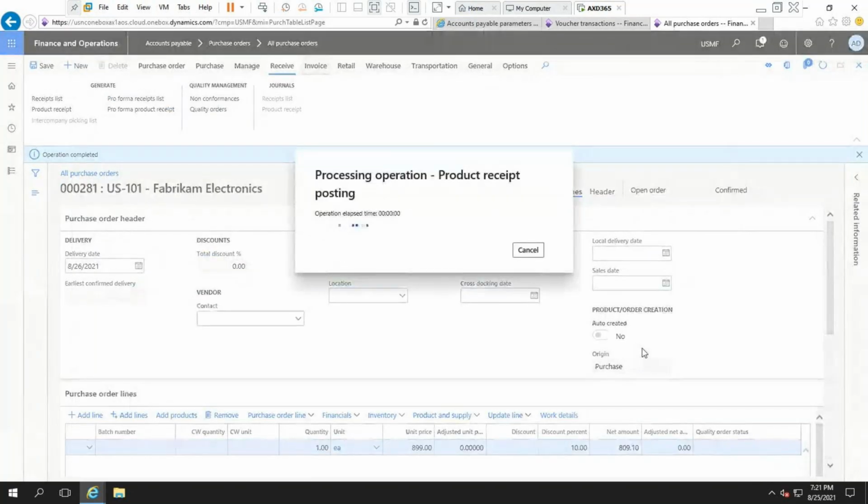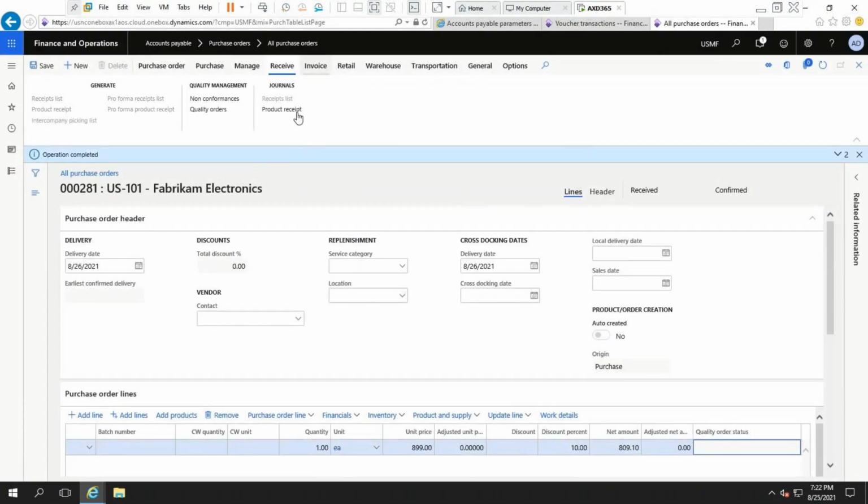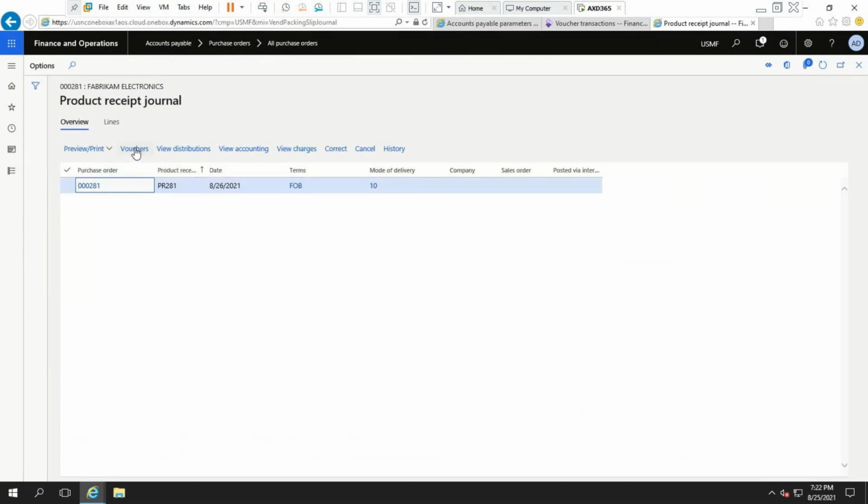Now it is updating. Now if you go to the product receipt voucher, vouchers,